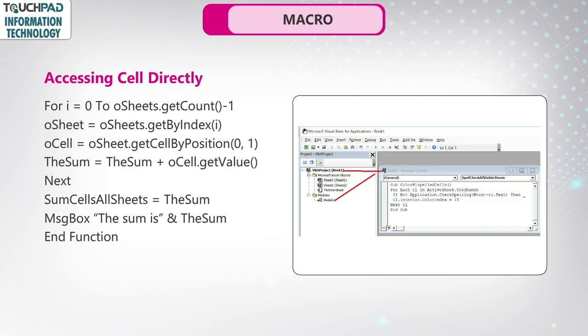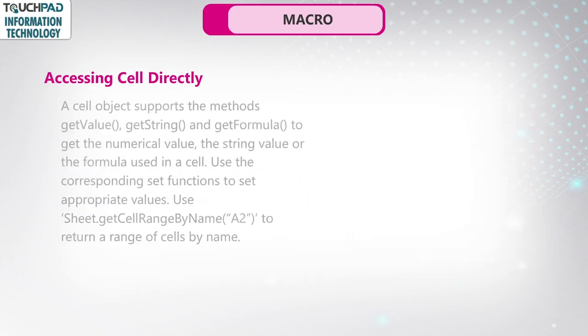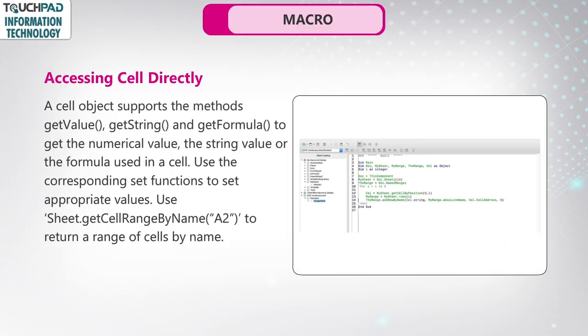oCell = oSheet.getCellByPosition(0, 1). sum = sum + oCell.getValue. Next. SumCellsAllSheets = sum. MsgBox "The sum is " & sum. End Function. A cell object supports the methods getValue, getString, and getFormula to get the numerical value, the string value